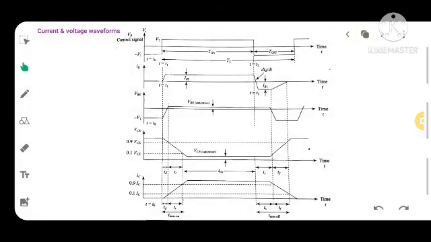Now let us try to understand what is this TS, storage time. At time t equal to T2, the input voltage again starts to change from plus V2 to minus V2, and due to this, the base current will start to change gradually. It has changed sharply, but it is changing gradually from the IB2 value to the IB1 value.